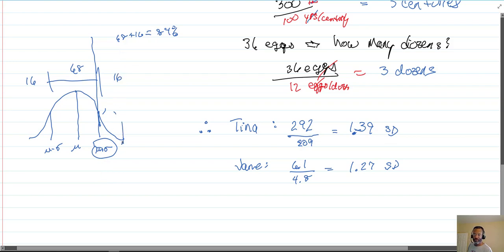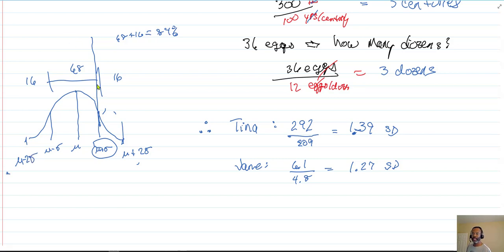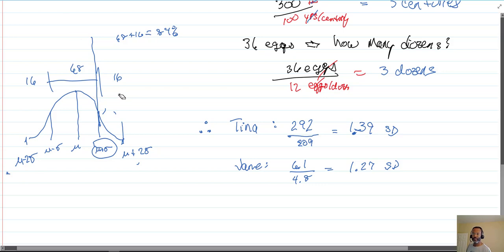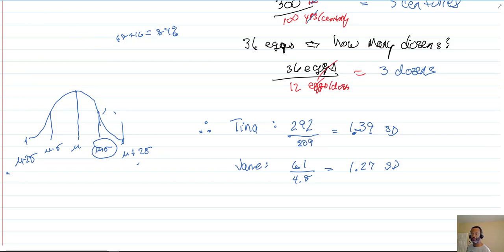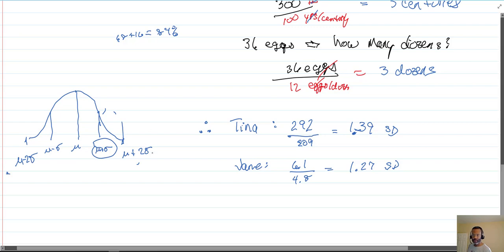But someone who's achieved a score that's 2 standard deviations above the mean, right? Multiply the number of standard deviations by 2 and add that to the mean. And on the other side, number of standard deviations, and then minus the mean. At that point, that score is even higher than what we just saw. So someone who has scored 2 standard deviations above the mean,